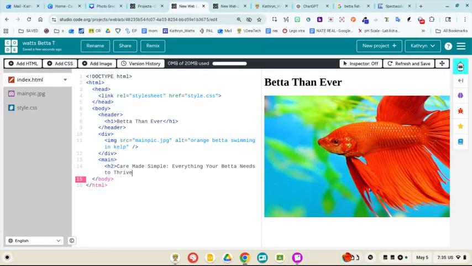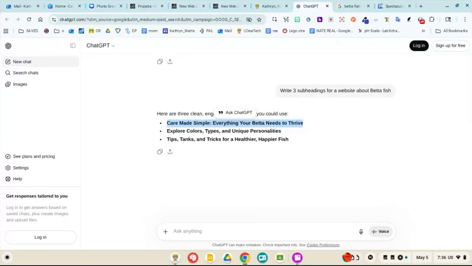Okay, paste it. H2. Okay, then you're going to come back to ChatGPT. Now you're going to do something different. You're going to write